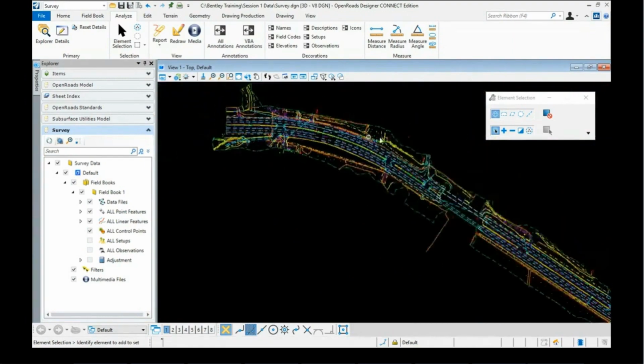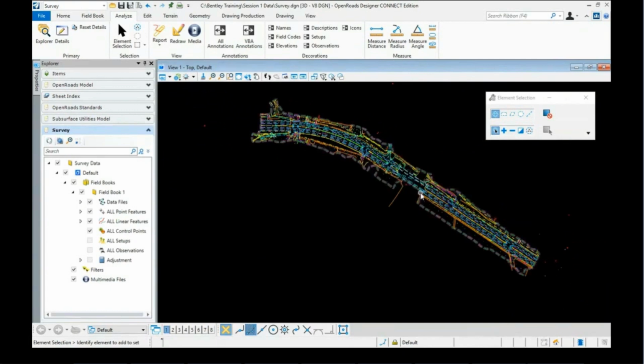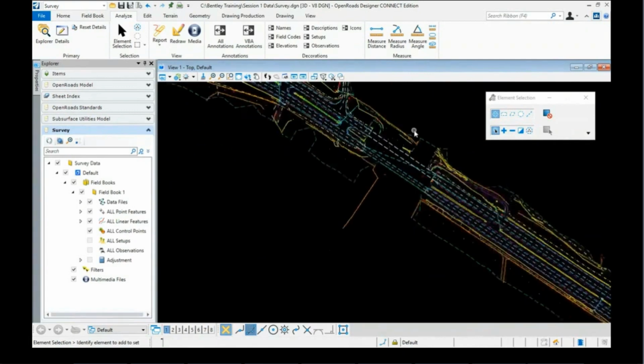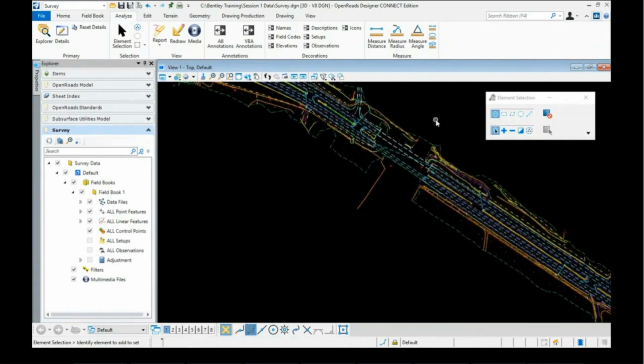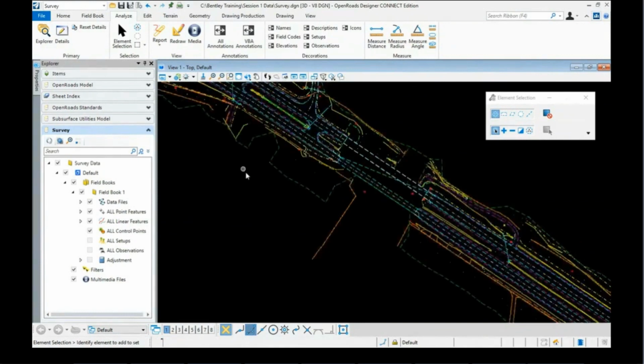our bridge and our creek over here, and this is a good point. We've got our day 1 data in, and we've edited it. We've got it all fixed up, and now the surveyor has brought in a new set of observations from another day's work. So we're going to go and import that. That happens a lot. So all I'm going to do, I'm going to bring in the rest of the data that we have in our data set at this time, so I can finish out the modeling in the stream